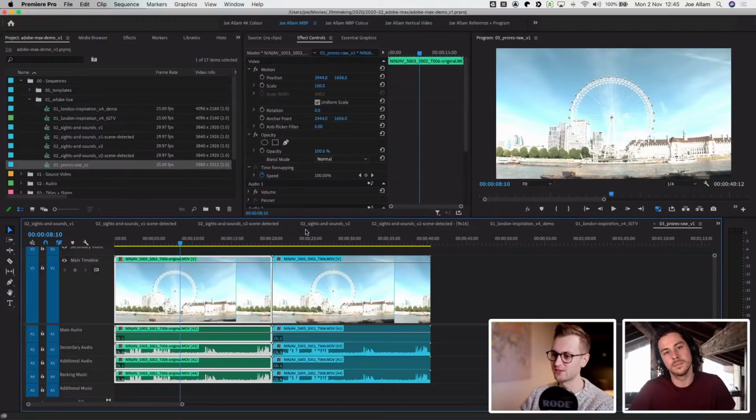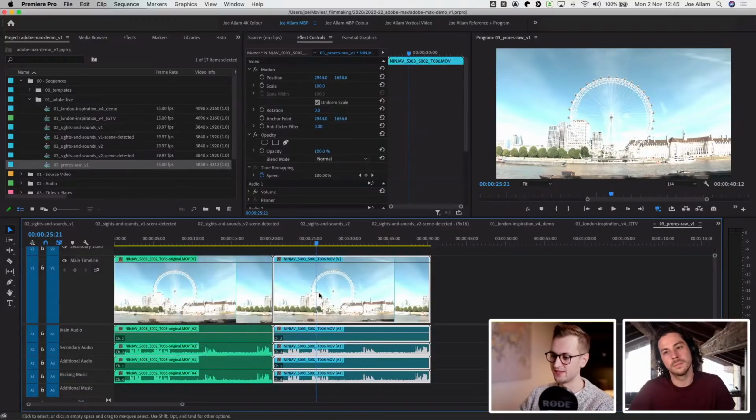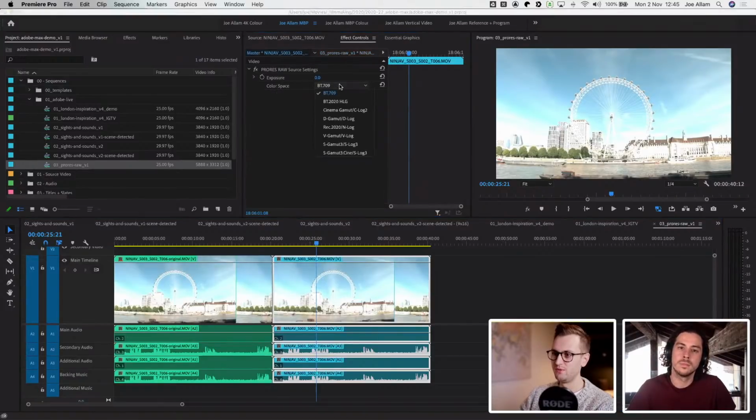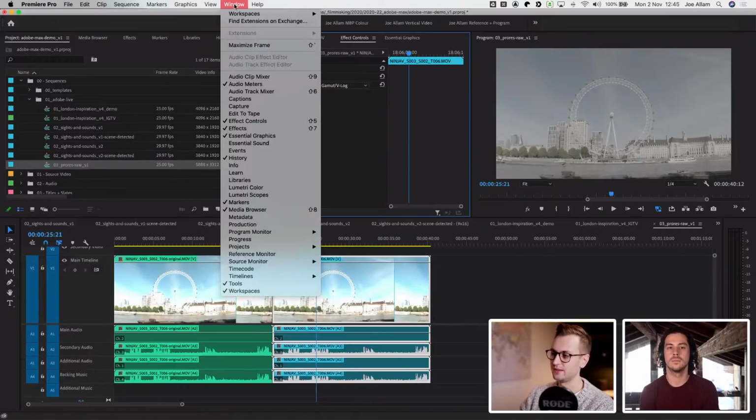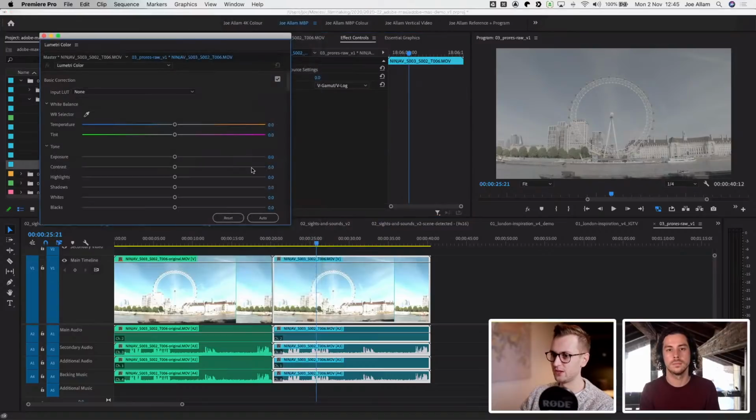So if we go into our effects control panel, and this is the same clip, just duplicated. And if we go into the master, we've now got some color space options. So because this was shot on a Panasonic S1H, I need to choose the V gamut. So this has now converted that footage into the V gamut color space, otherwise known as the gamma setting. And then if we go into our Lumetri color panel,